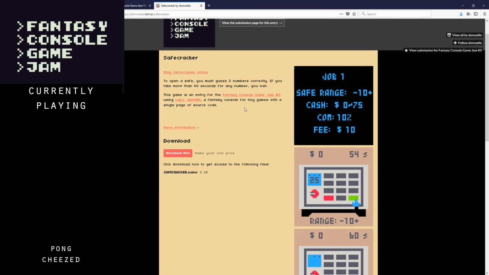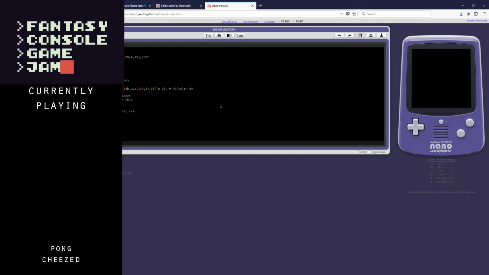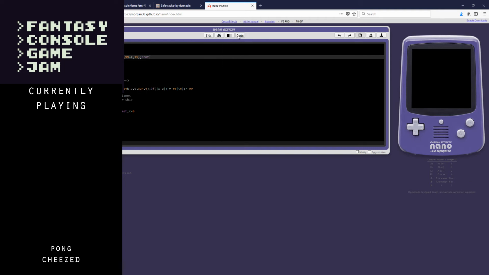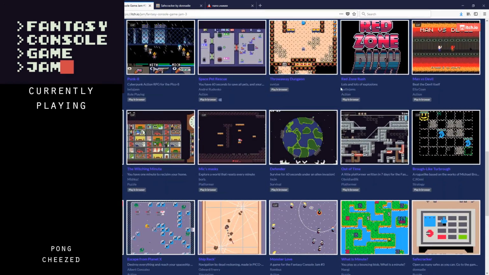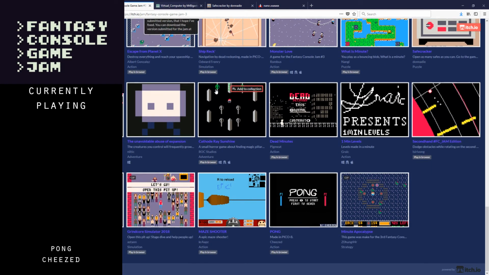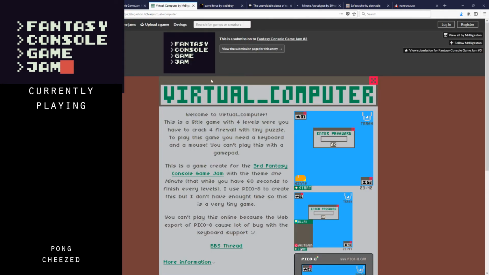So I guess I could look at what NanoJammer is. Oh. Can I play it in here? No, I don't want to sign in. Oh. I can make it go away with... Oh, I can upload one. Maybe I'll try to do Safecracker, and what are the other ones? There's Virtual Computer. Let's see. I'm just going to open them all. Virtual Computer, Safecracker, Barrel Force, The Unavoidable Abuse of Expansion, and Minute Apocalypse. So Virtual Computer...